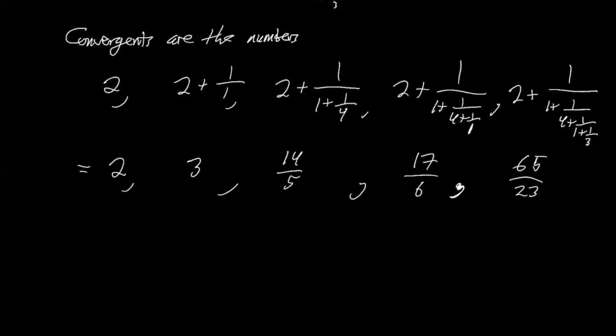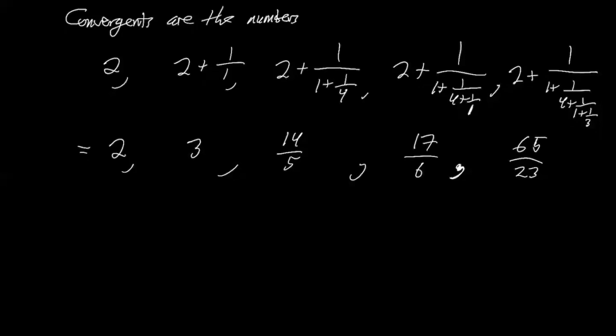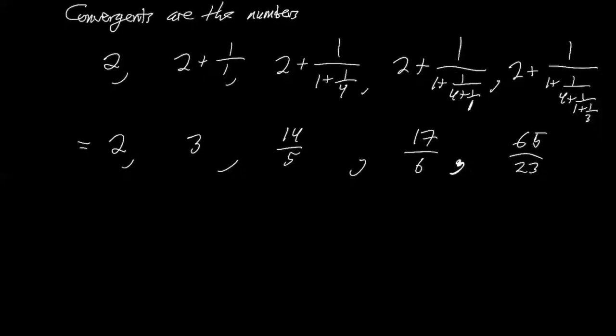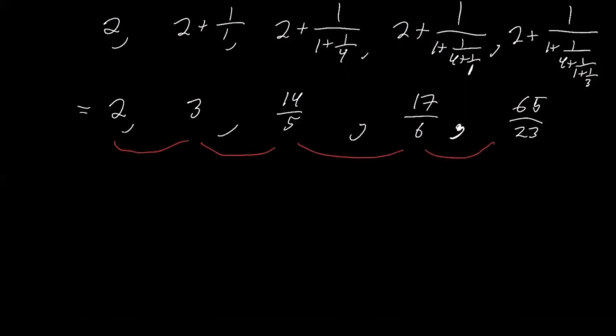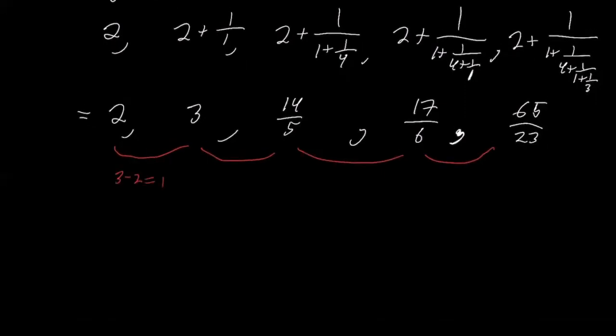Okay. And it turns out that these are just really nice, interesting, important numbers, which we're going to see for a couple reasons. First thing is, what are the differences, the deltas among these, right? I want to compute this first. So the first one is 3 minus 2, which is 1. The next one is 14 fifths minus 3, which is 14 fifths minus 15 fifths, which is negative 1 fifth, right? The next one is 17 sixths minus 14 fifths,